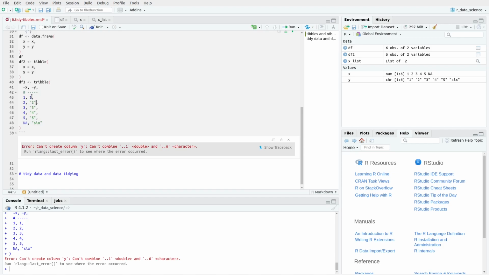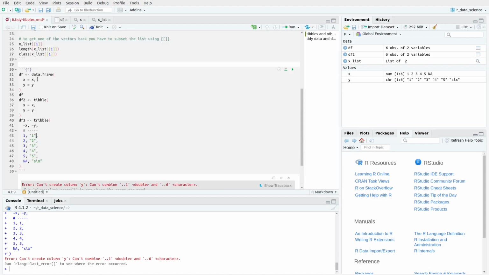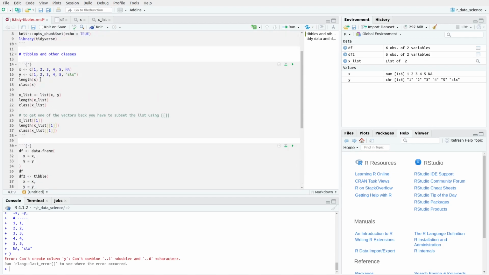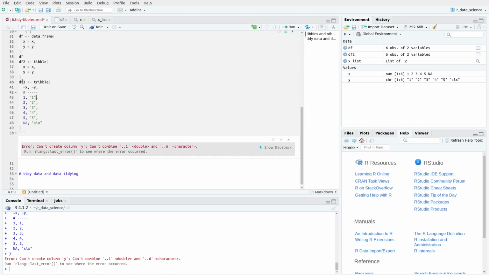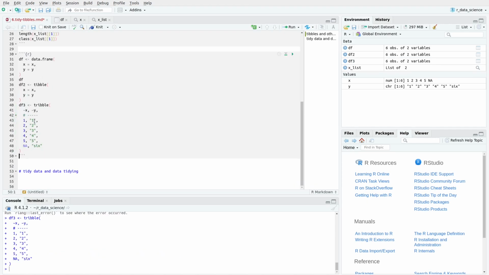So we have to do this ourselves, and it is a nice safeguard because before what happened was that simply the whole vector was converted to a character, and instead we get an error now which tells us that if we really want a character column here, we need to name it explicitly. So here we go. Now we created 2 tibbles, and again it displays our dataset in a really nice way,